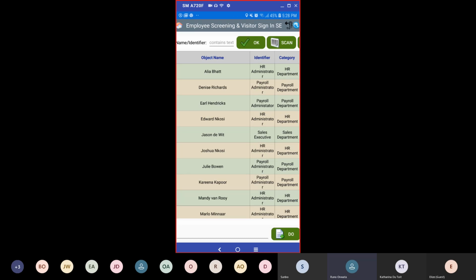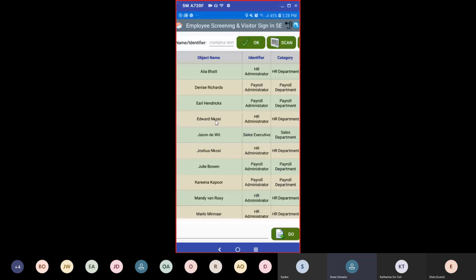So we can see the object names, which are the employees' names. We can see the identifier, which are their different job roles. So we have the HR administrator, the payroll, the sales executive. We can also see the categories, which is their department. As I mentioned before, I spoke about the scan feature. So we can highlight a particular employee we want to scan. So let's say Denise Richards. If you click on Denise,